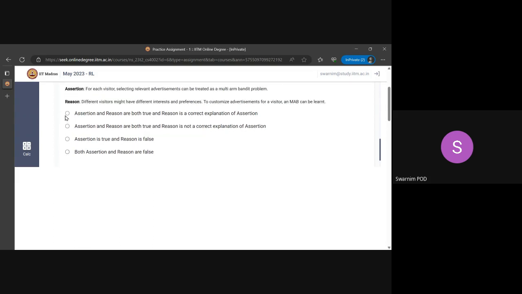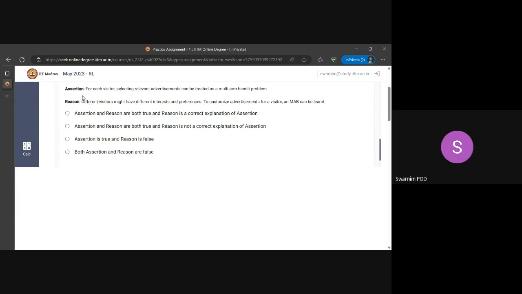So we have four options: assertion and reason are both correct, and the reason is actually explaining the assertion. Next is both are true, but the reason does not explain the assertion. Next is assertion is true, reason is false. Next one is both of them are false. I don't think so. It's the optimization of revenue, right? The reason might not be true, right? Because